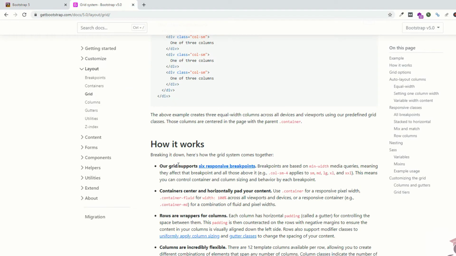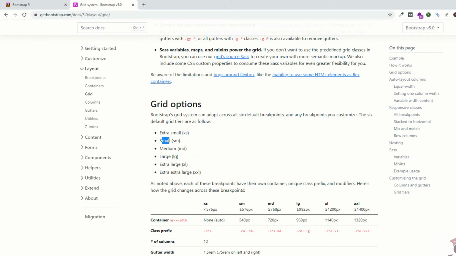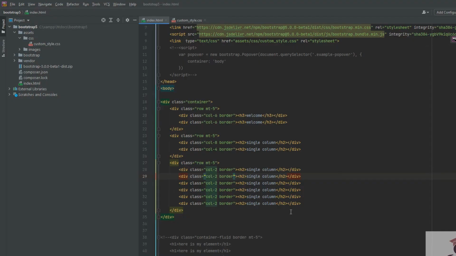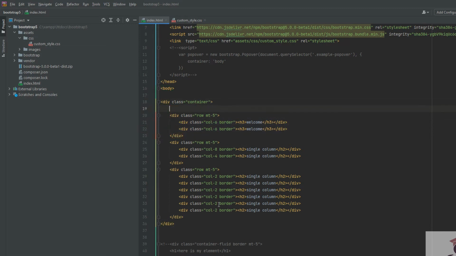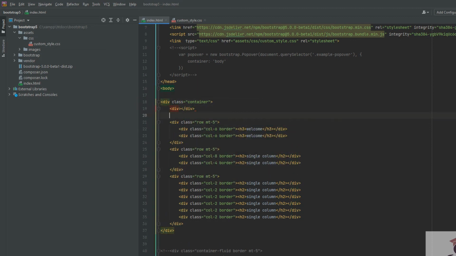According to the documentation, they have small, medium, large, extra large, and extra extra large. Why do they say this? Since we are using the column here, that means we are saying to execute these columns on every device, like on a laptop, on small devices like iPhone 6, 7, or any type of screen. Just execute these 2 columns. But if we use separate code for separate devices,